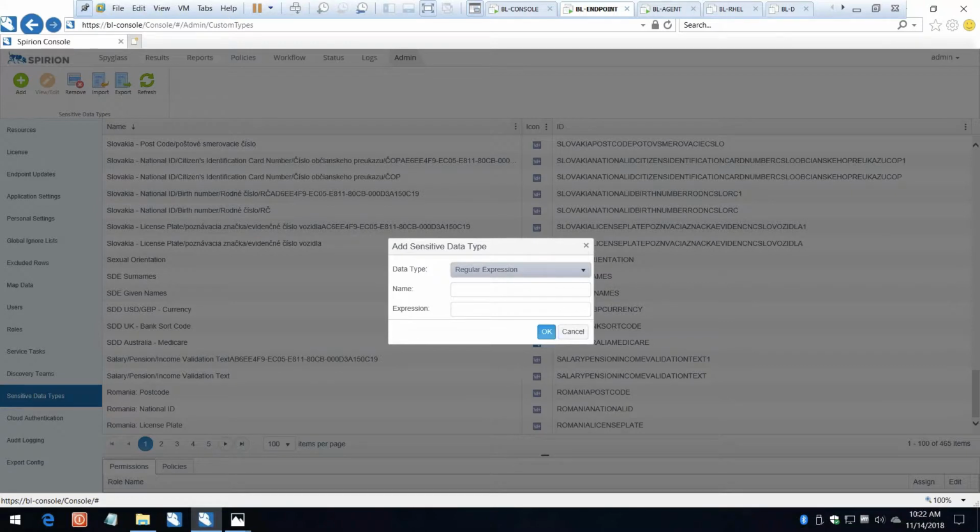Now, as everybody knows on the call, regular expression does do a good job of finding various patterns, but what it doesn't do a good job of is validating. So you get a lot of false positives from regular expression. But by creating, or using an already in place regular expression within your organization, you can combine that with some of our definitions, and that will greatly increase the validation because you're using our techniques and our contextual proximity detection to help further validate that that is truly the data you're looking for, and that greatly reduces your false positives when it comes down to it.